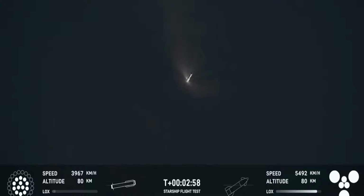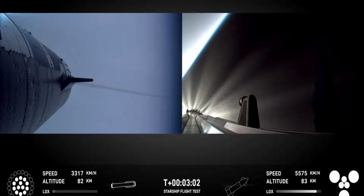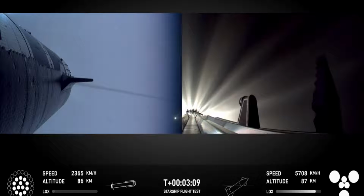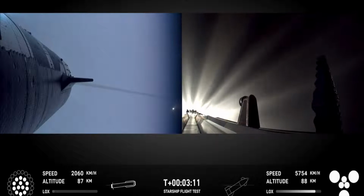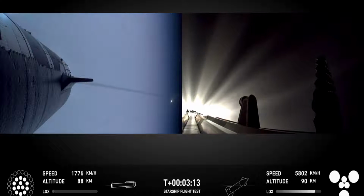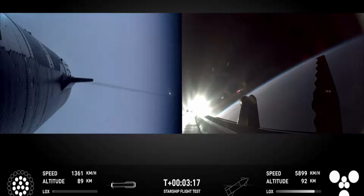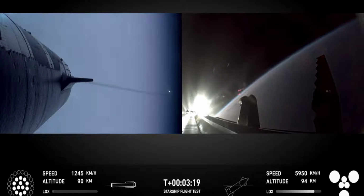Ship under its own power. I'm seeing 6 out of 6 Raptors lit. Hopefully I got a booster on the way back to me. I'm going to send it to you guys in Hawthorne. Oh, man, that was absolutely incredible. I loved how the crowd... Chamber pressure is nominal. The crowd here in Hawthorne all went, ooh, at that first view of the blue flames from the booster. As you can see there,